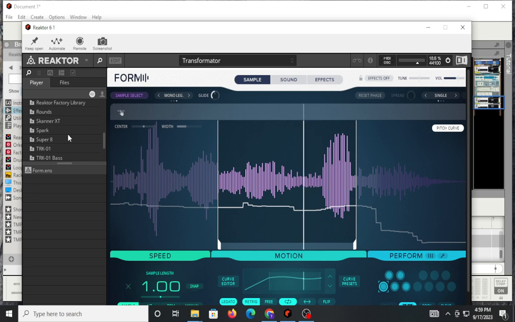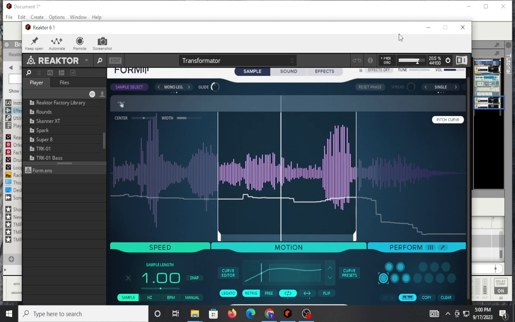Form is just one of those ensembles that's part of Reactor. Reactor is another plugin that is also known for granular synthesis, at least early on. And I'm dating myself. I'm thinking like 2005. People knew about Reactor as being one of those plugins that could do granular. With Form,